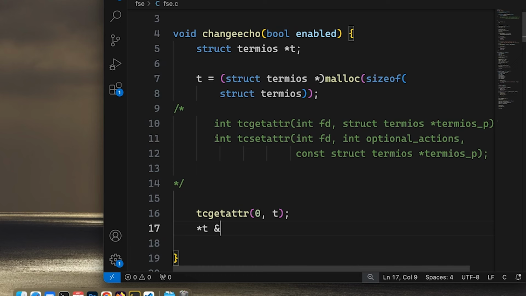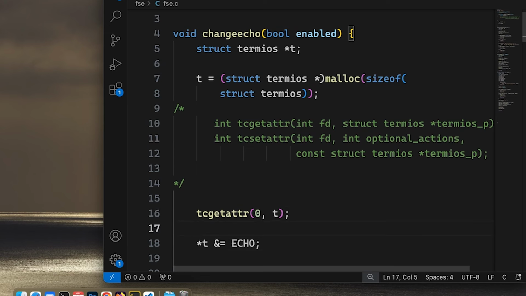And that might seem a little bit non-intuitive, but basically if we have X and Y and we let one of them be 0, then this will be 0 as well. If we use the OR, it would still be 1. So we remove echo, and now